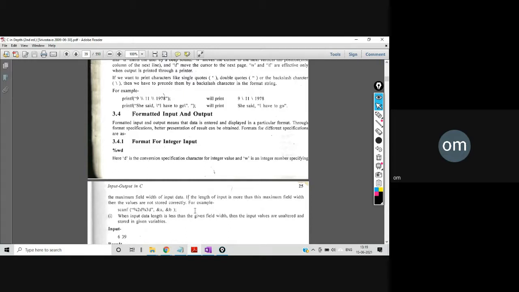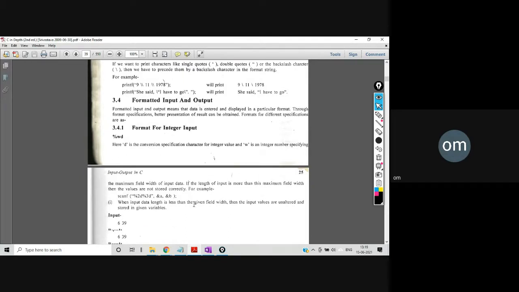For example, if you mention w equal to 2 and you insert a value of length 3, it will not be stored properly. So w is the maximum width available for input data, and that's why the format is %wd.